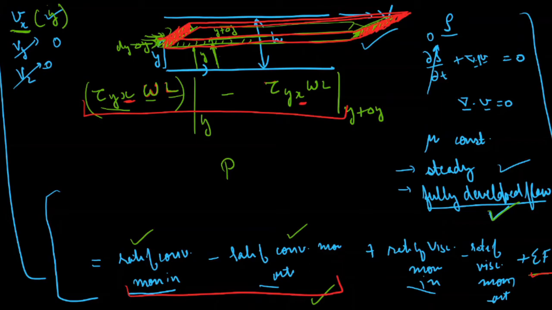Another force that we can have in some cases is the gravity force, but in this particular case the gravity is perpendicular. Because we are not given any pressure at this boundary or this boundary, we will assume that we are not applying any pressure drop. So the forces because of the pressure are zero. Gravity is perpendicular, so in the x direction gravity is zero. So there is no force applied.